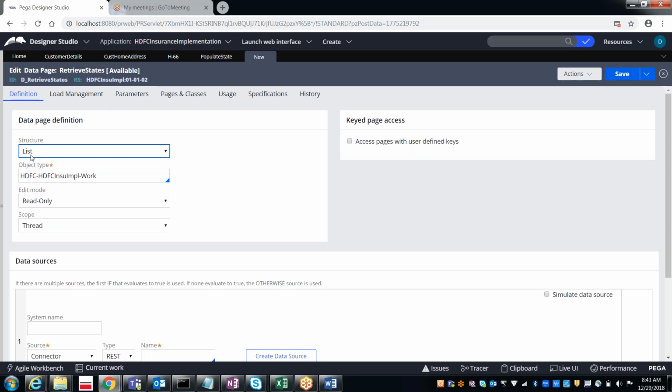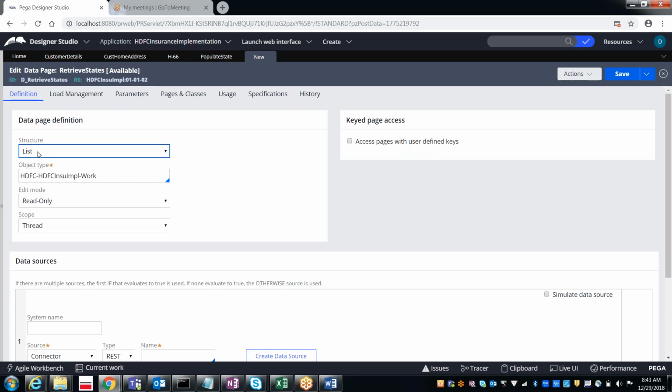The structure will be page, otherwise list. Page means only one record. Under the one record, for example, if you take employee, you can have only one employee's details: employee number, employee name, address, city, state, something like that. In case you want to have multiple employee details, then we can go for the list. So like that, the structure will be specified.